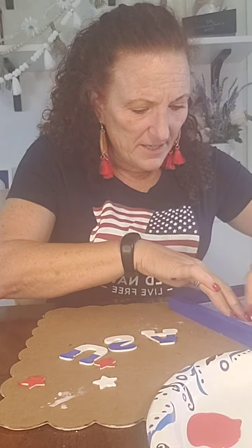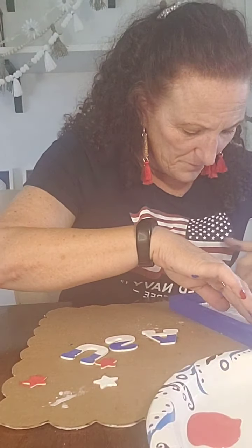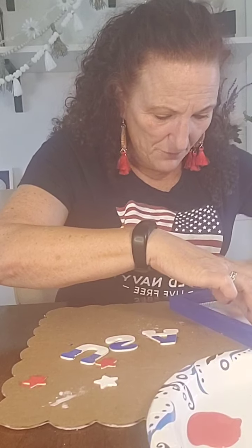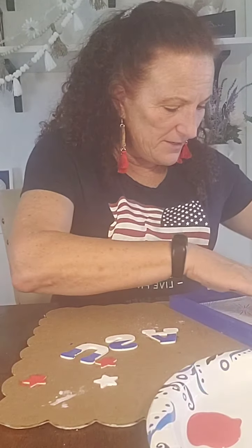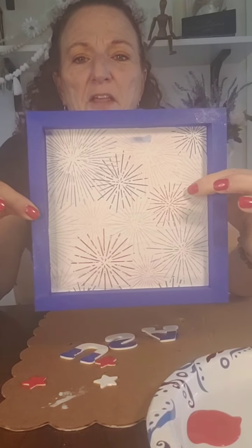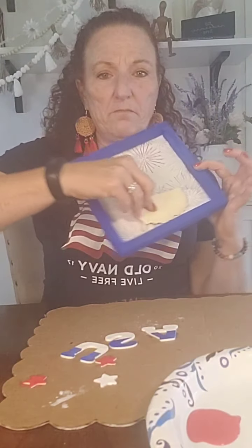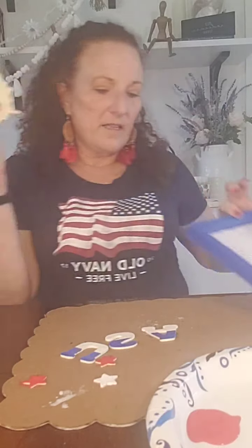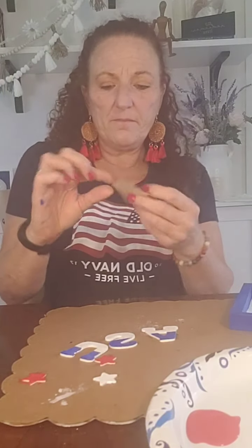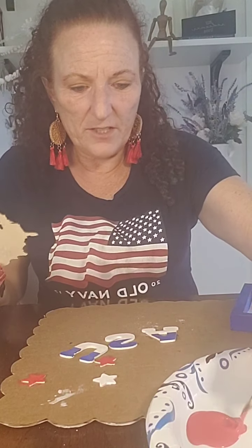Okay, I think everything is pretty much dry here. Get my wrinkles out because I did not get it on there perfectly straight. But it's not bad, except for that little blue spot. I might put that on the bottom and maybe put my United States over it. We'll see. I'm thinking about painting the United States red. So let's do that so it has a chance to dry while we